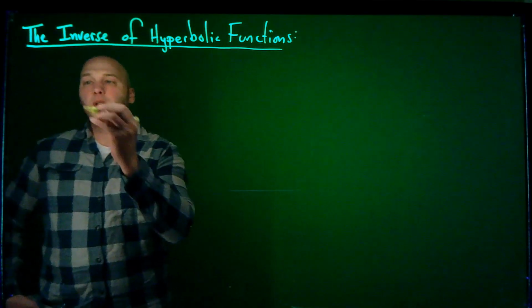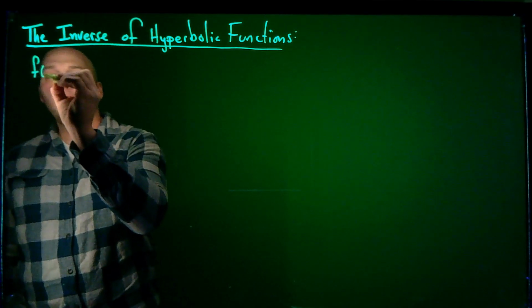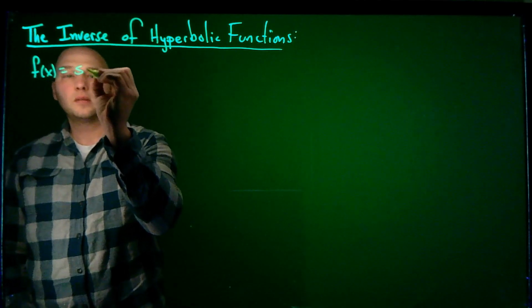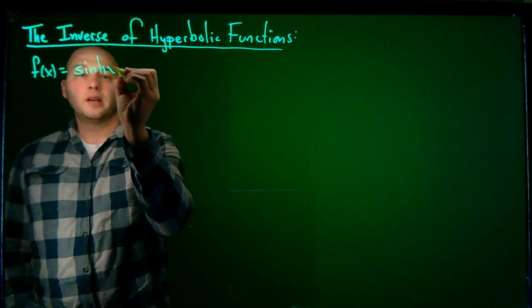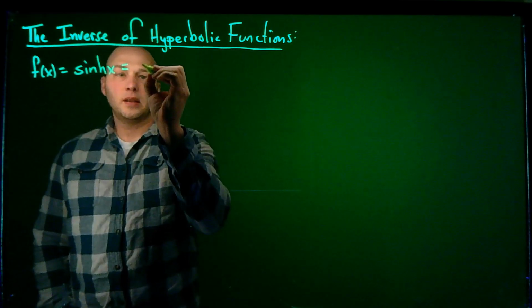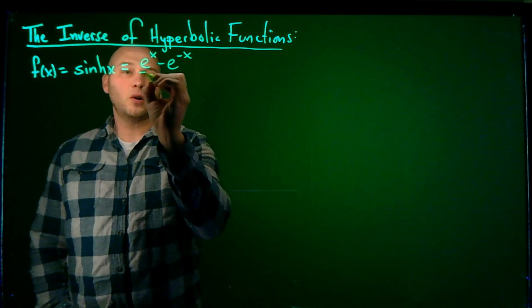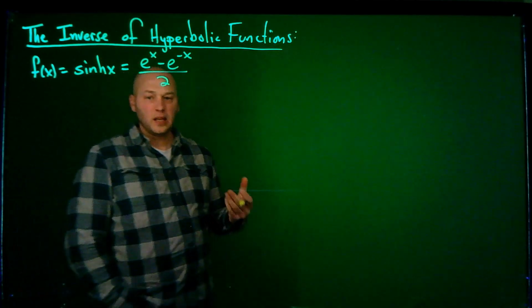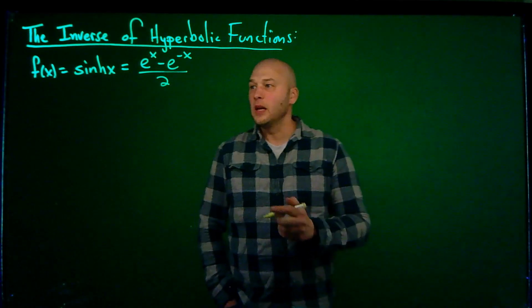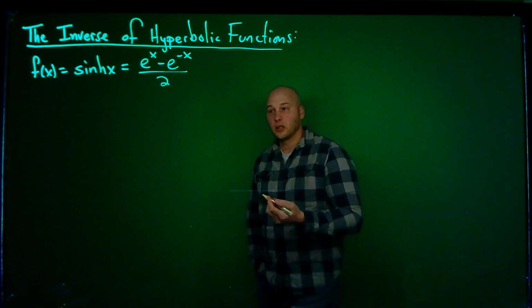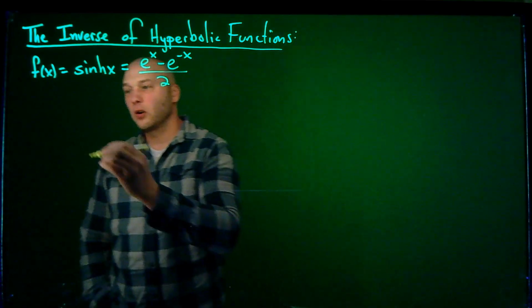First and foremost, recall that the hyperbolic sine is defined as e to the x minus e to the negative x over 2, where it's actually a linear combination of exponentials. Hyperbolic sine, again, here's its exponential definition. Also, recall,